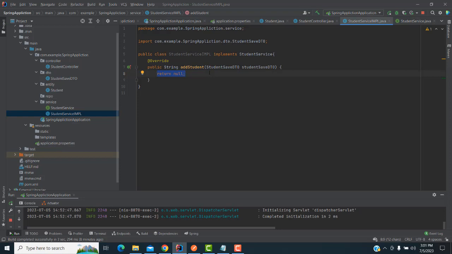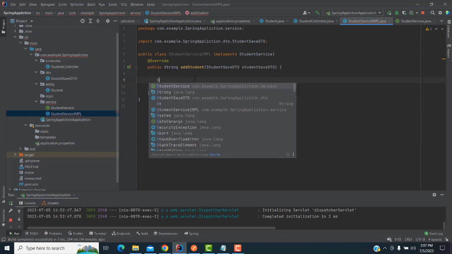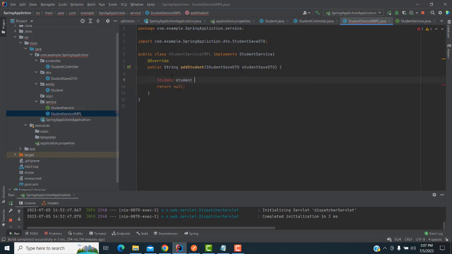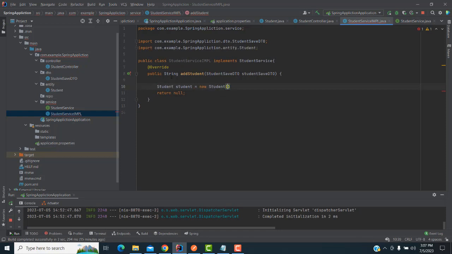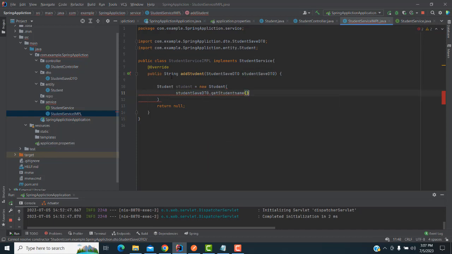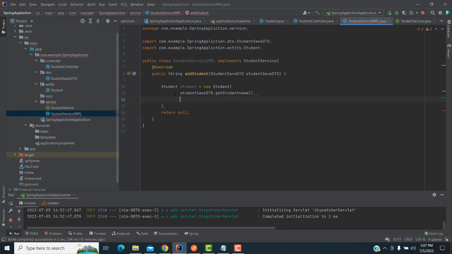Right. So how to do it now: we have to write Student. We have to create this Student class entity. We have to pass a record to the entity. Student entity equals new Student, open and close bracket. Inside here you have to write studentSaveDTO dot getStudentName, comma, getStudentAddress,